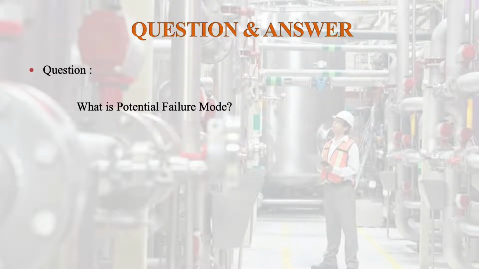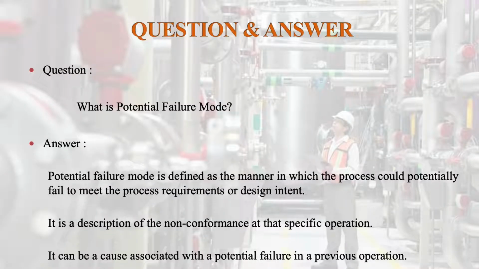Now a question: what is a potential failure mode? A potential failure mode is defined as the manner in which the process could potentially fail to meet the process requirements or design intent. It is a description of non-conformance at that specific operation. It can be a cause associated with the potential failure in a previous operation. So the failure mode